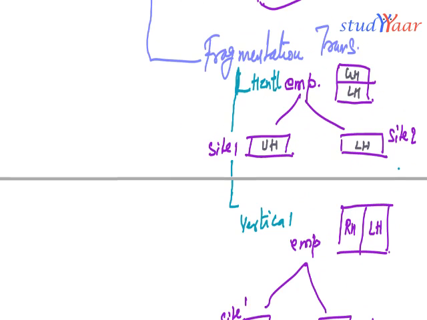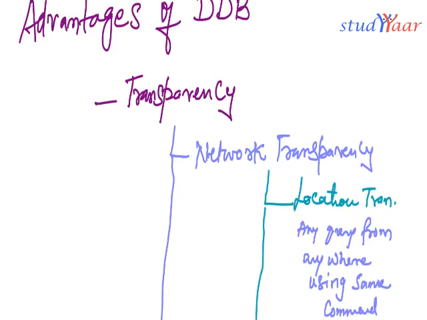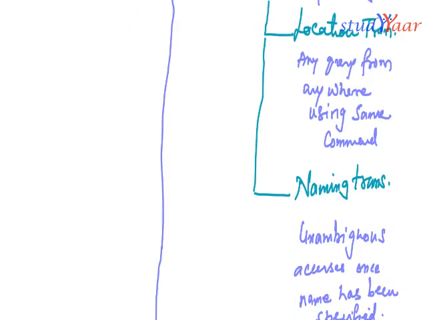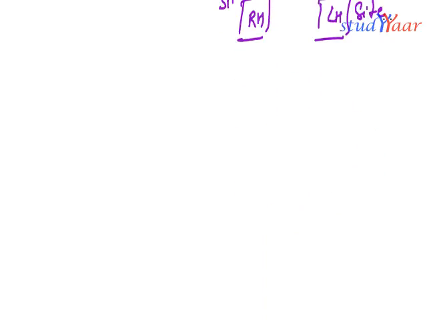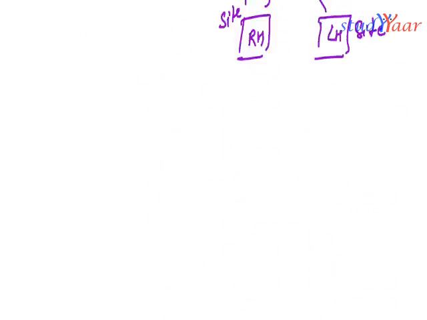So that is about fragmentation transparency. The first advantage is that it provides me transparencies of the types I've just talked about. Now the next advantage is